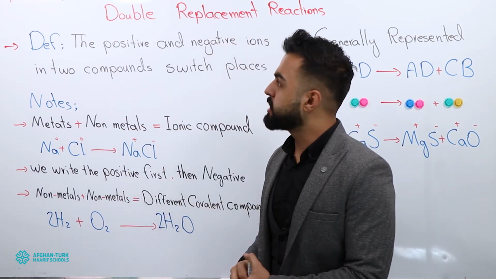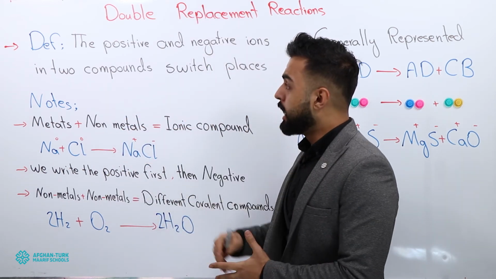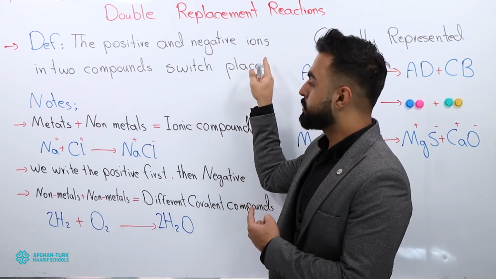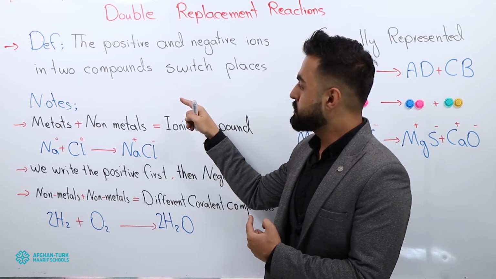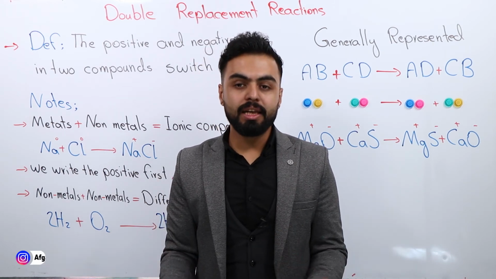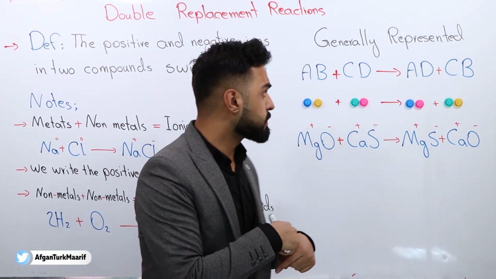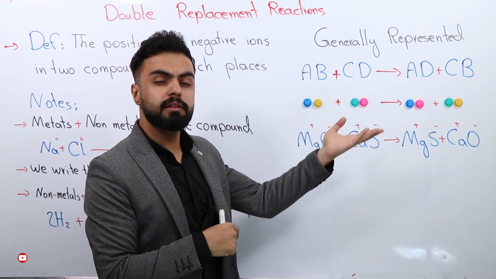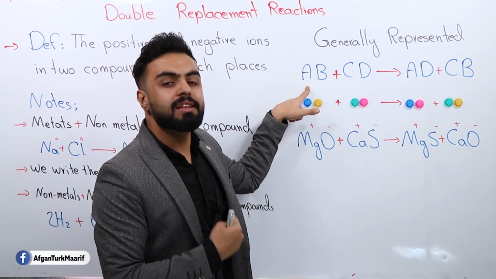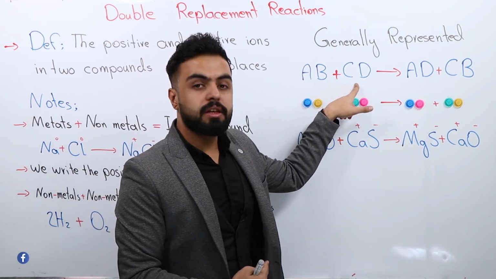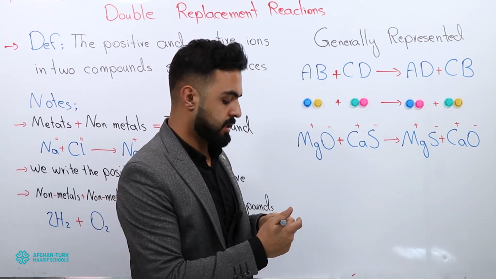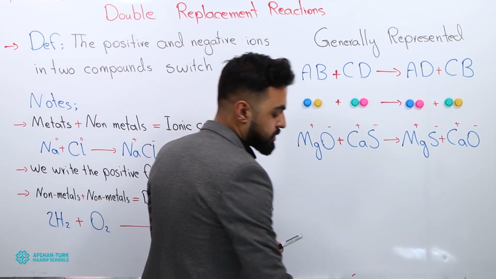So let's go to the definition of double replacement reactions. In double replacement reaction, the positive and negative ions in two compounds switch their places. What they do is only switch their positions. Here is a general representation of how they are. There is a compound like AB and there is a compound like CD. So what happened in double replacement reaction is that,